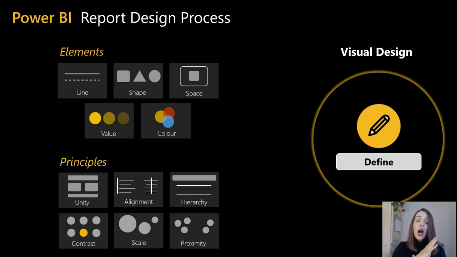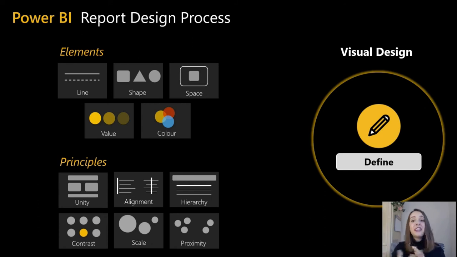You should use all the elements that I'm displaying here carefully and try to use these elements to optimize the user experience. Visual design is like the first impression that users will have when they open your reports. A lot of the times, users will decide if they trust or if they are going to use your report based more on the visual aesthetics of the design than the actual data that you're showing.